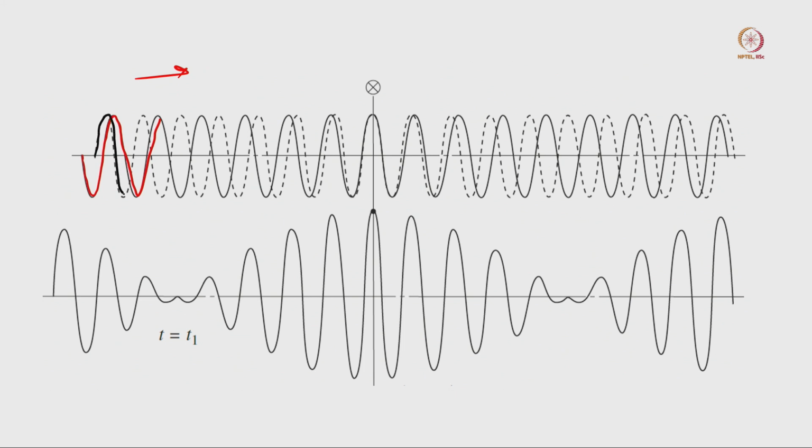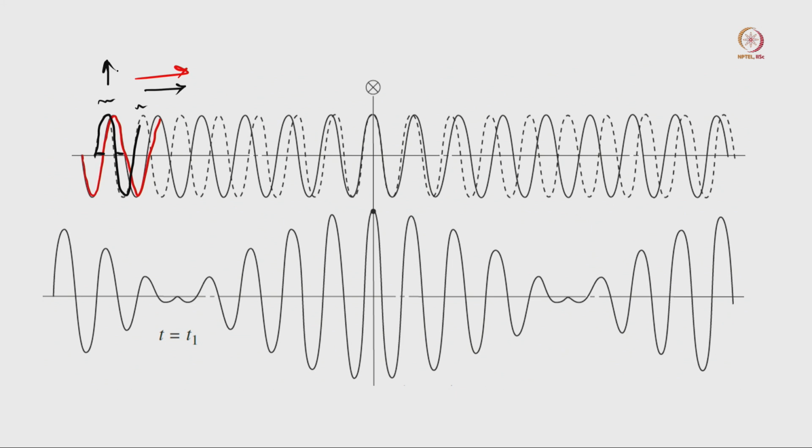In these two cases you can see there is a little bit of phase difference, so they are not in the same phase. When both the waves propagate in this particular direction, after a certain time you can see that in the initial phase they are merged together and there is a boost in the